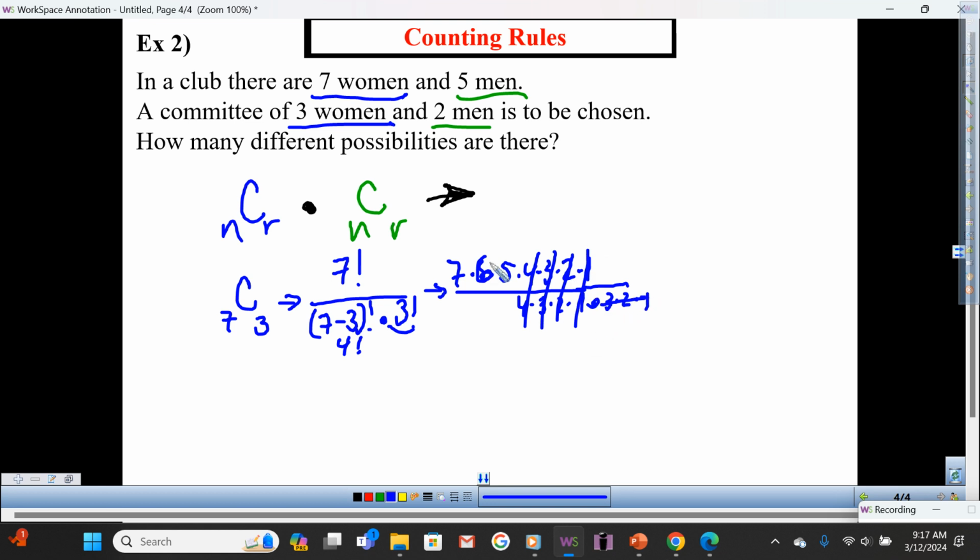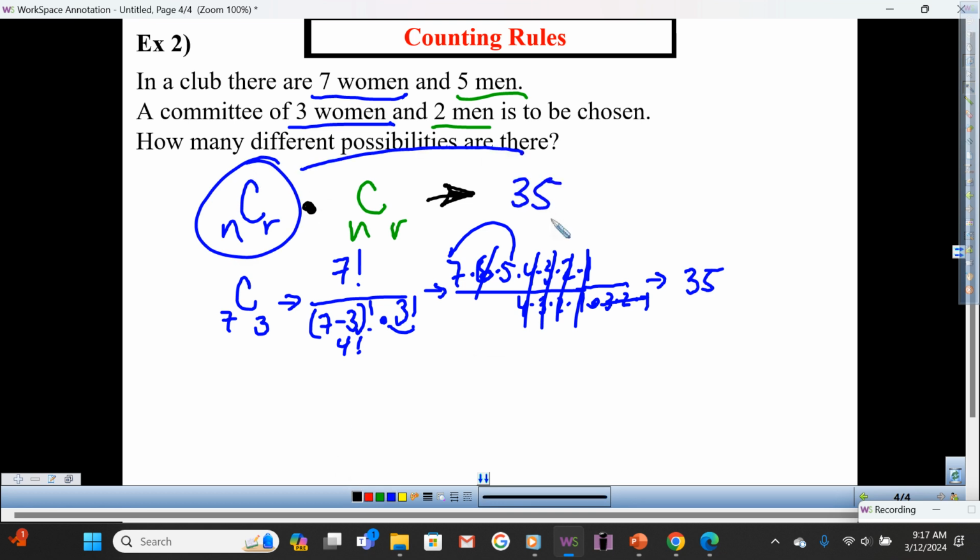Then 3 times 2 times 1 is 6. Therefore, 7 times 5, that's 35. Yes? So I have this one. I'm going to write it over here. 35 times,